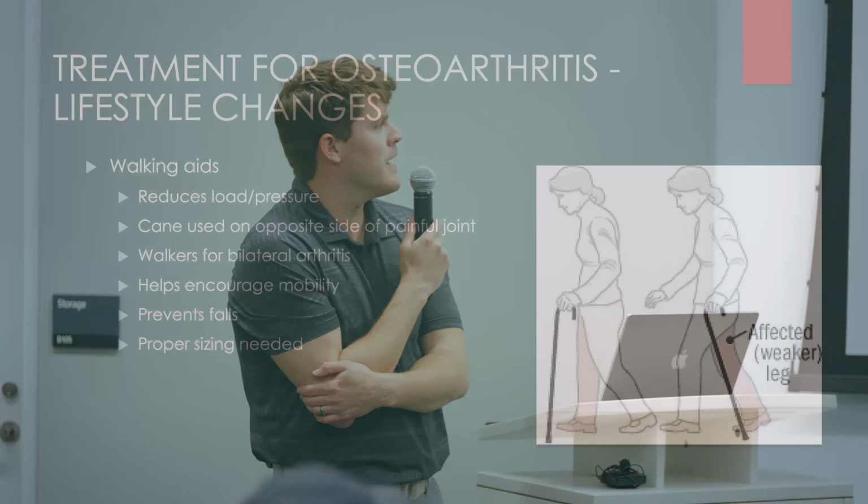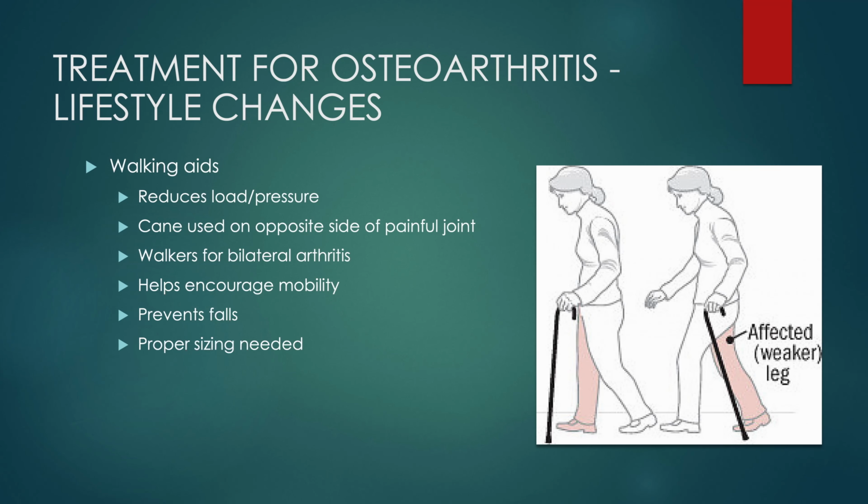Walking aids like canes or walkers reduce the load and pressure on your joints. I've shown a picture of someone with a cane here. What you tend to do with a cane is hold it on the opposite side from the problem. So if you had arthritis in your right knee, you hold the cane in the left hand and you put the cane down when you're stepping with your right leg to put some pressure off of the right leg. It works to put less pressure on the area that you have arthritis and therefore reduce